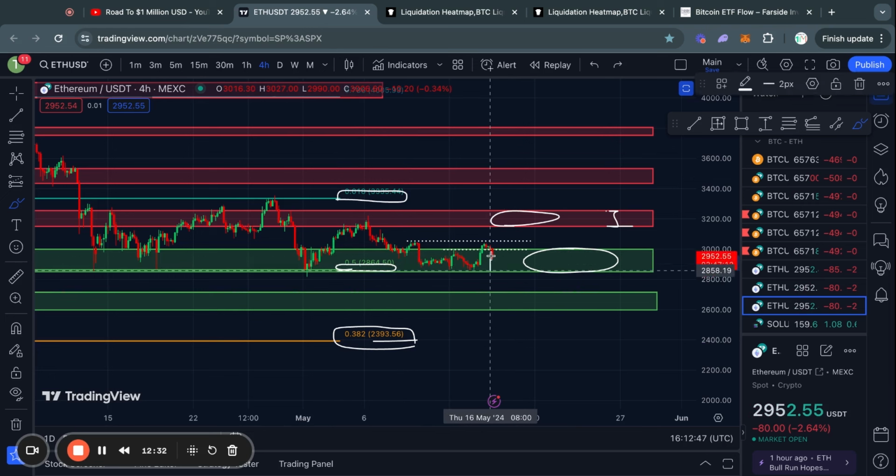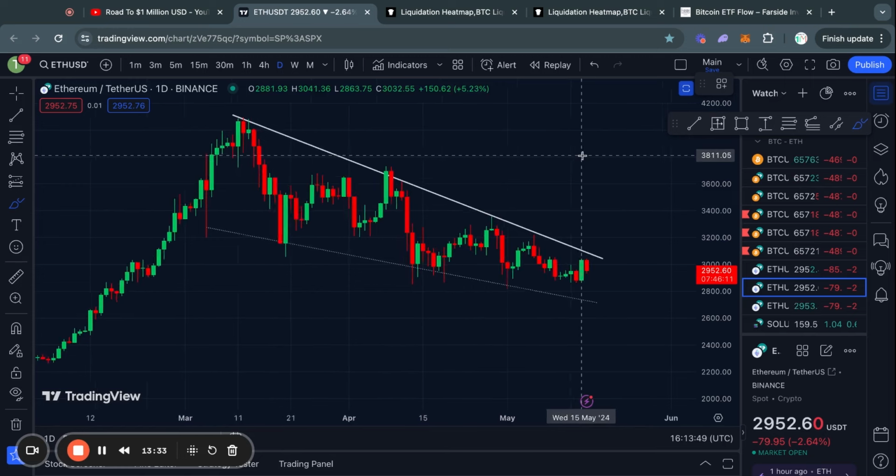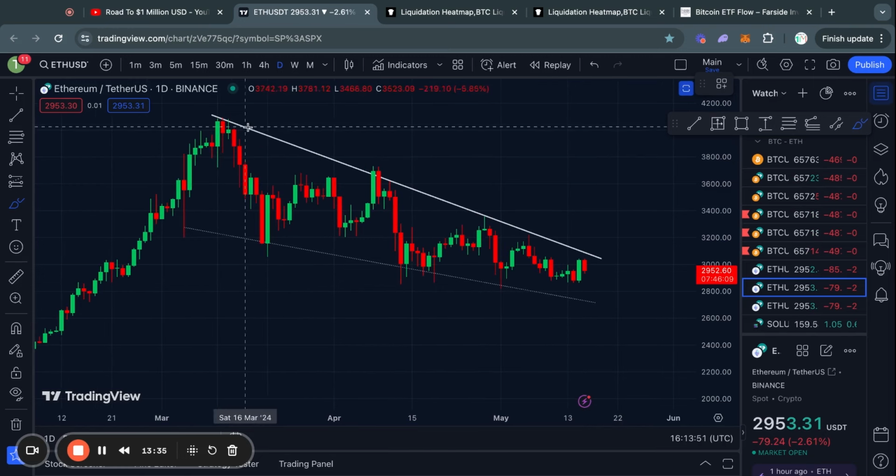However, in the case that you do see the price trading below that 2,850 level, then there is some more huge support between that price right there and the Fibonacci level. And the big level of support is actually from 2,720 all the way down to 2,600 US dollars for the price of Ethereum. And if we look at the daily time frame for ETH, you can see it is still